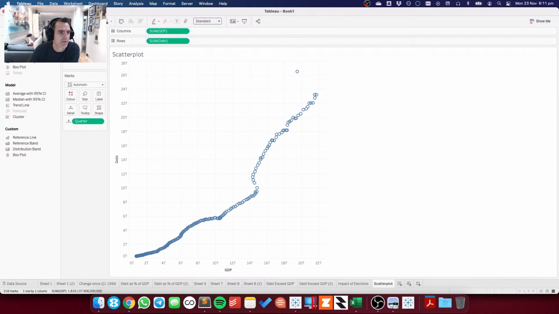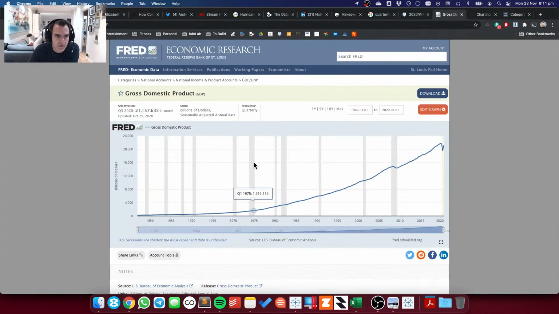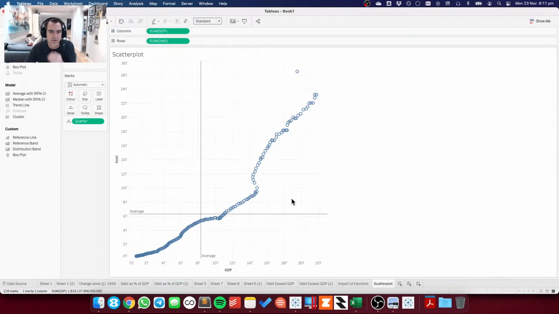And if we put in 2 average lines, yeah, but that's, you can't really, is this seasonally adjusted? So this is a seasonally adjusted annual rate. Okay, so what I could do from here then is I could color code these quadrants.